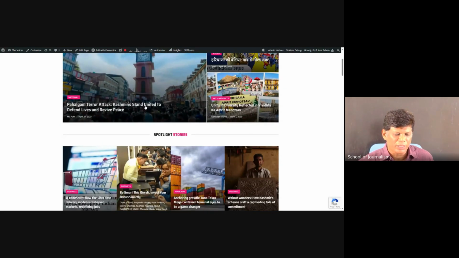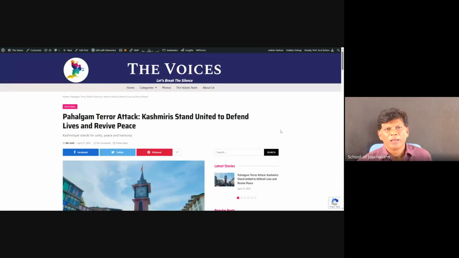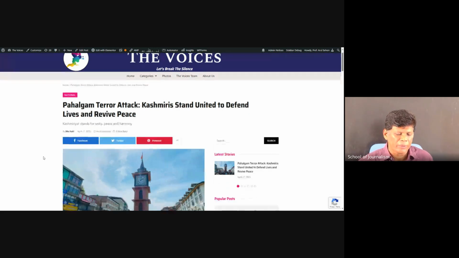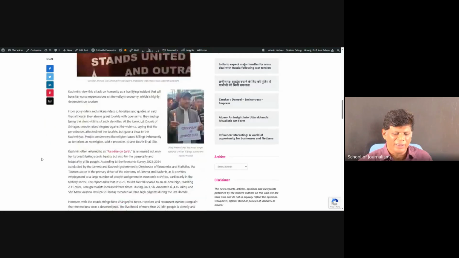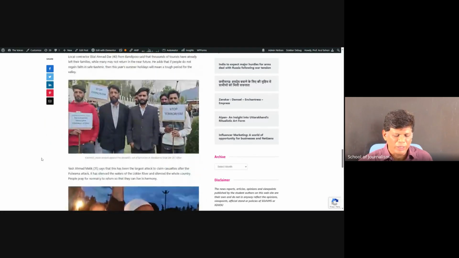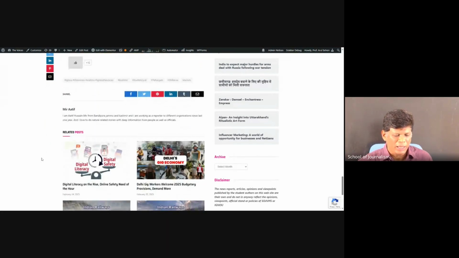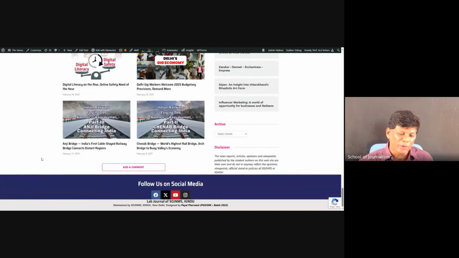And this particular story, the terrorist attack story, we decided in the editorial meeting itself that we should publish the story within 3 days. So we assigned a reporter from Srinagar. He reported within 2 days, copy edited it within a day. I think it was published on Sunday, April 27th, at 9 o'clock at night. We published that. So it works 24 into 7, right? And it's a quite interesting project, and you tend to learn a lot.